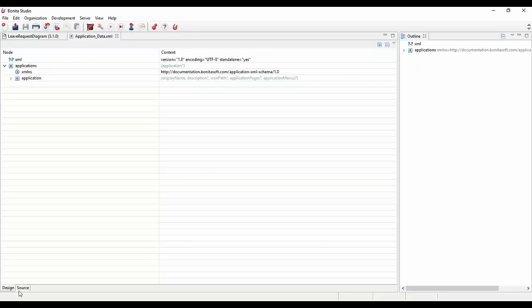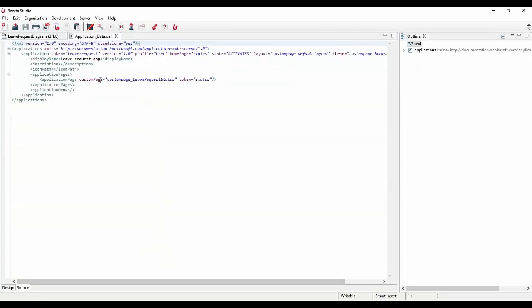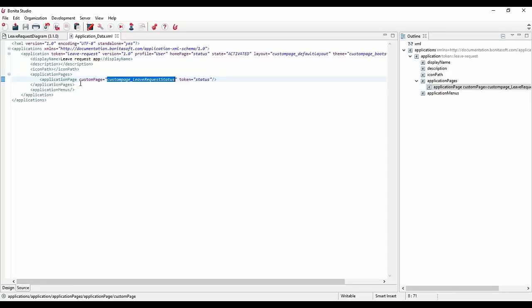Here we have the design, but we also have the source, which is basically XML. Here you see that the only thing I have is the status page, which is a specific artifact, and that this specific application is accessible from a specific profile. The default profile is called user.